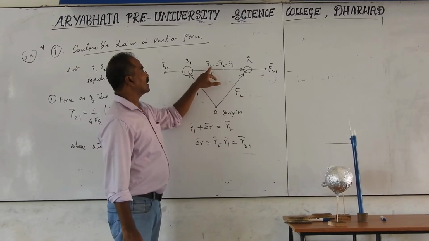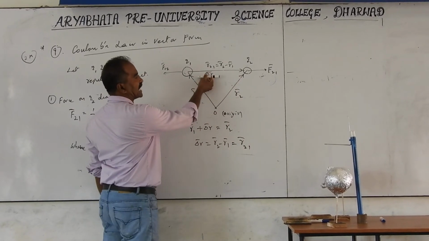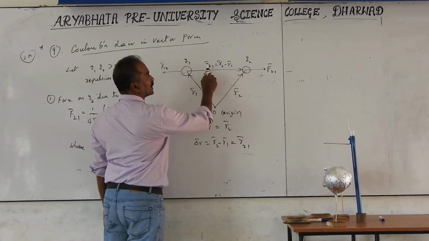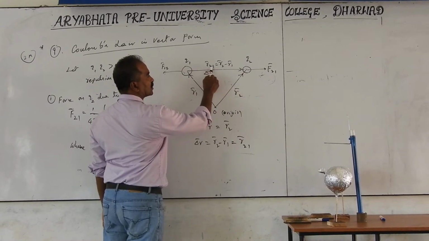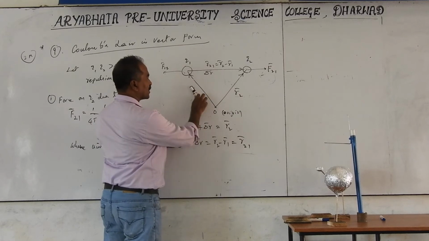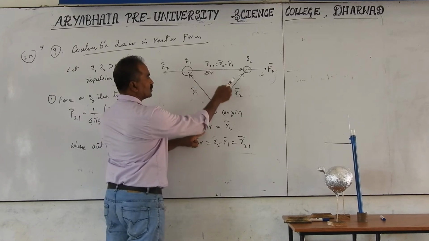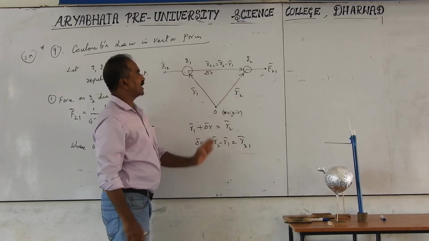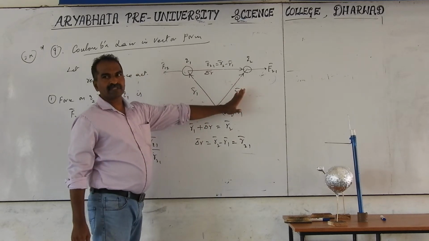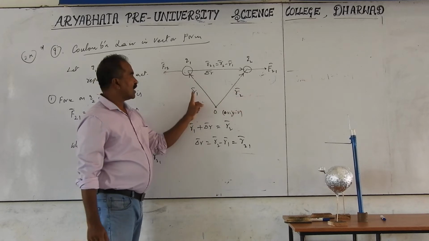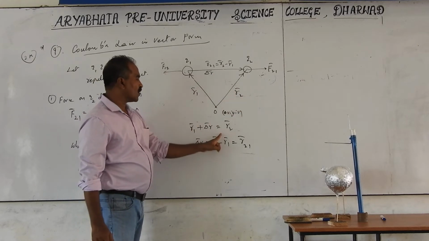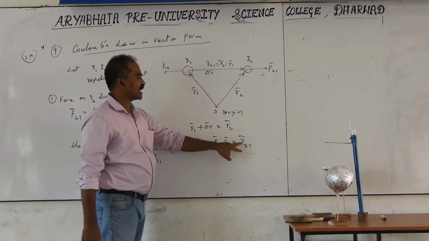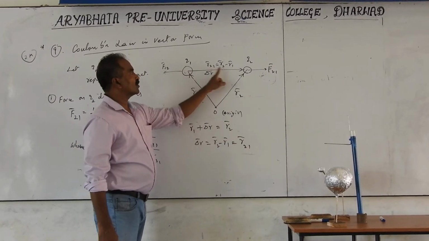We take R1 plus delta R. Delta R is the displacement from Q1 to Q2, which can also be taken as R21. So R1 plus delta R is equal to R2. According to the triangle law, the sum of two vectors taken in order, the third taken in reverse order is the resultant. Then delta R becomes R2 minus R1, also represented as R21.